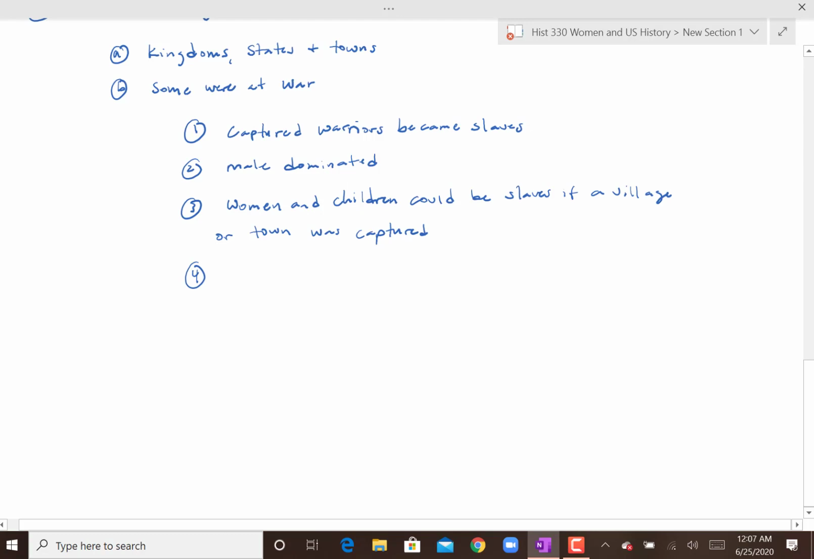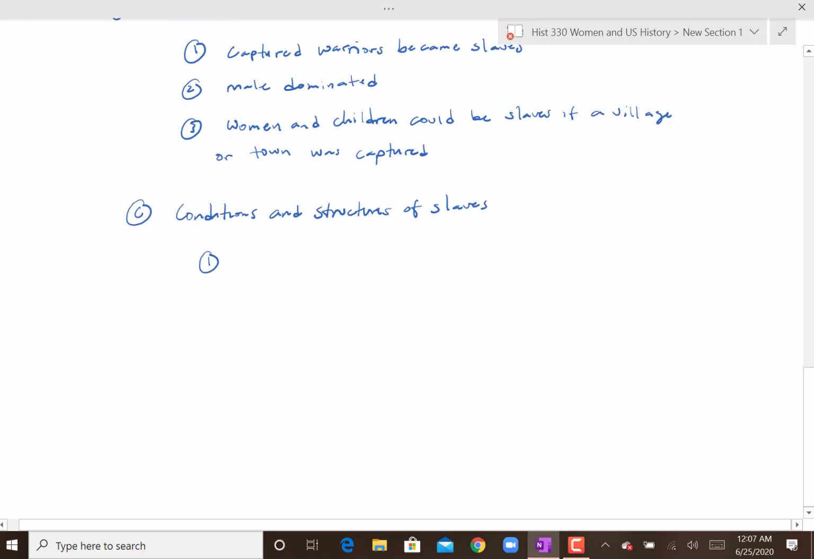What's also different then is the conditions and structure. So we'll put that as a C here: conditions and structures of slavery. A lot of slaves were actually made administrators, given administrative work. This was especially popular